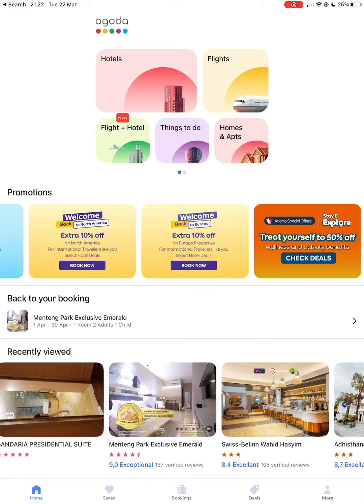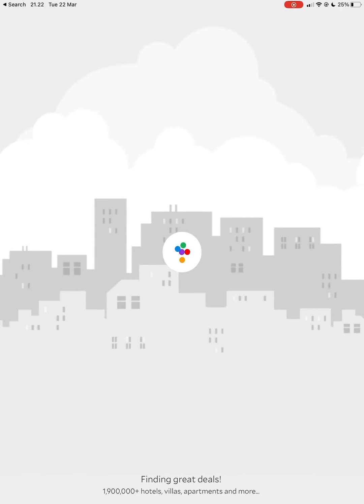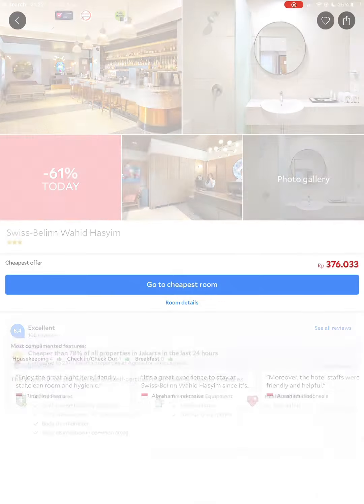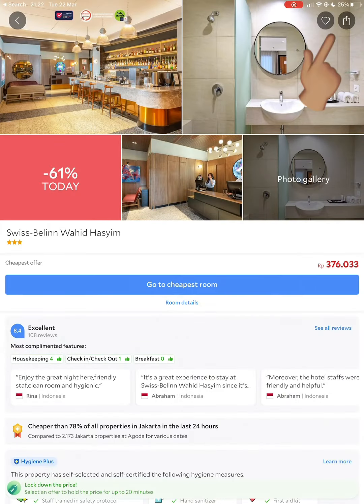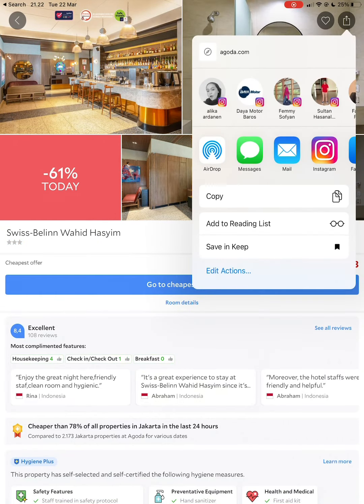In today's video, I'm going to show you how to share a listing on Agoda with your friend or your family members. So first you choose the place you want to share. So for example, this one, and then on the top right you tap there,